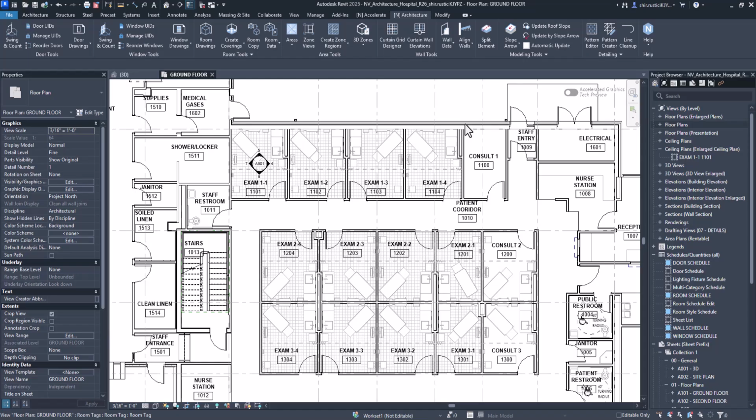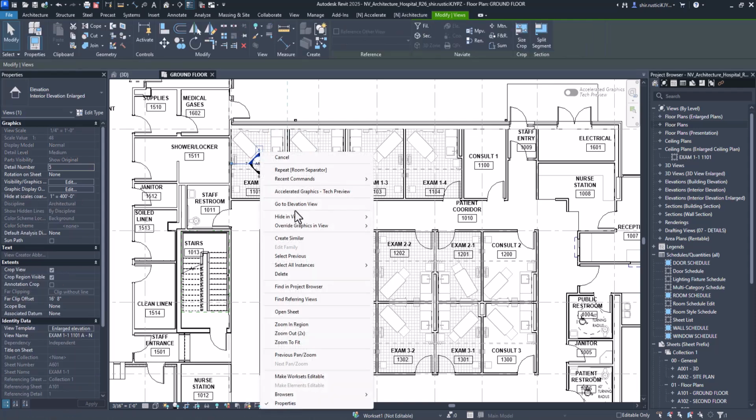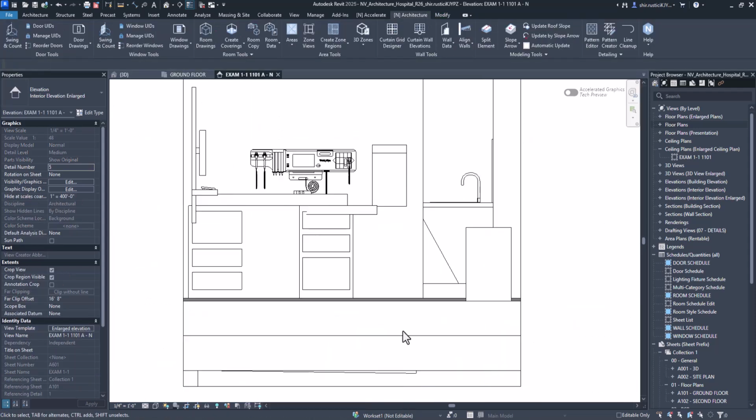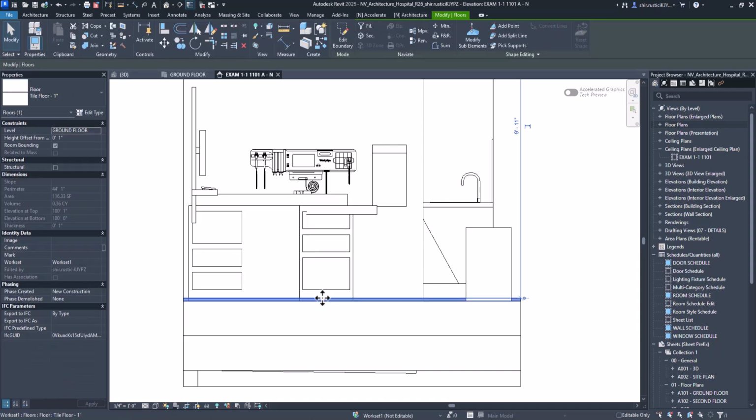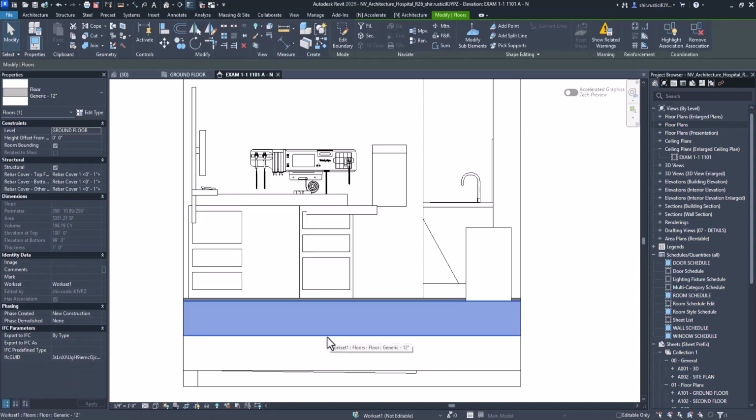In Naviate Architecture, we have a series of improvements to the room drawings feature. I'll start with the first improvement, which is in creating our elevation views with rooms that have floor finishes. For example, in all of these rooms, I've used the Create Coverings feature to create a floor finish. If we look at this existing elevation, we can see that we have our floor finish modeled above our structural